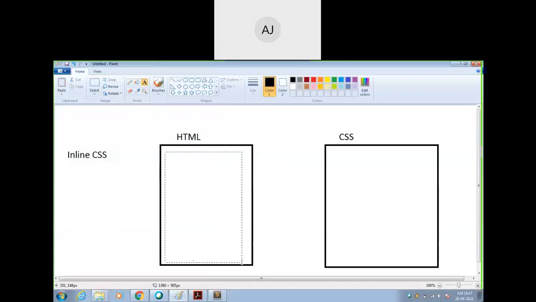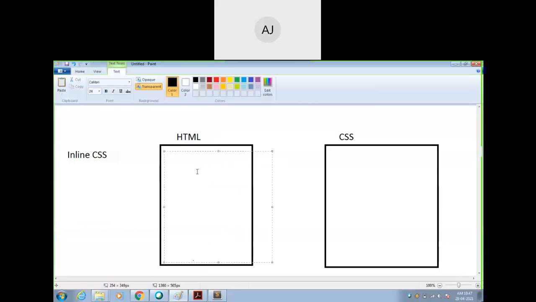Now what this second one says, within the head section you can write the CSS, but not in the body section. Okay, so your body will be a normal HTML code.